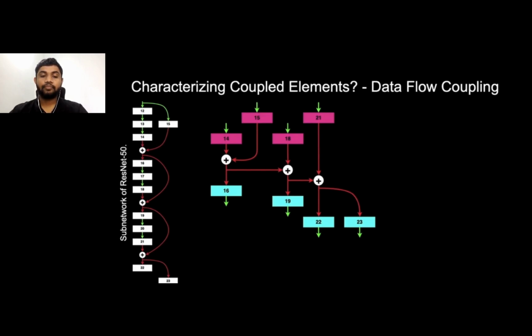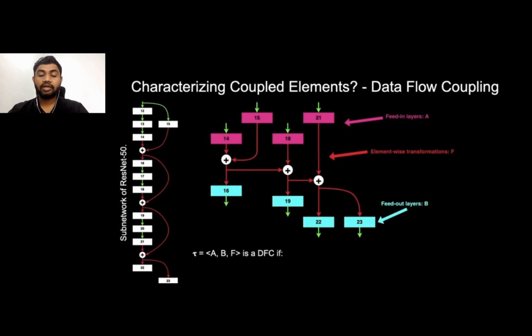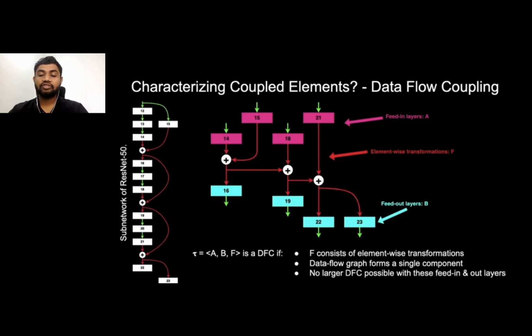in this network. A DFC consists of the feed-in layers whose outputs are coupled, the feed-out layers whose inputs are coupled, and the element-wise transformation functions F. It is interesting to note that DFCs also capture the notion of consecutiveness between layers. We say that the triplet A, B, F denoted by tau is a DFC if F consists of element-wise transformations, the data flow graph forms a single component, and no larger DFC is possible with these set of feed-in layers and feed-out